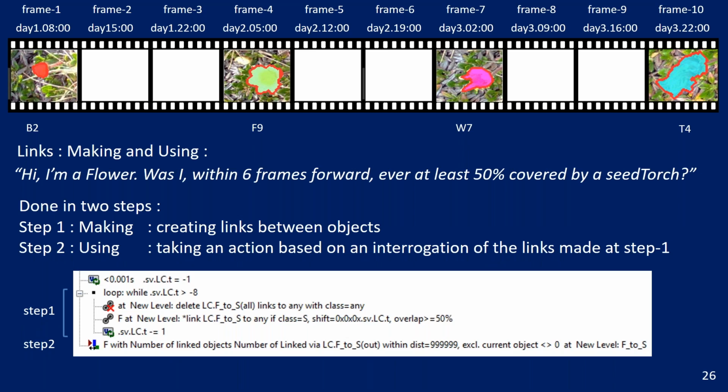So, for example, if we take that question, "Hi, I'm a flower, was I within 6 frames forward ever at least 50% covered by a seed torch?" That's actually done in 2 steps. First of all, is making the links, creating links between objects. And then the second step is using those created links to take an action based on a certain interrogation of the links. So we see it in a little block of eCognition rule set code here, with the first step being